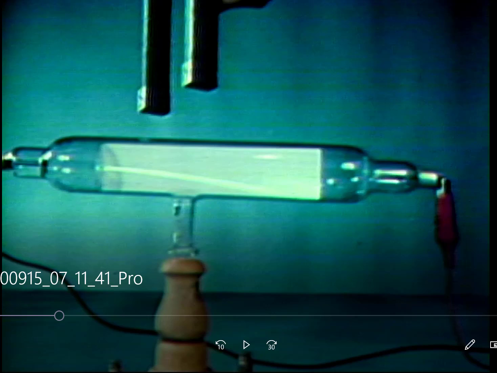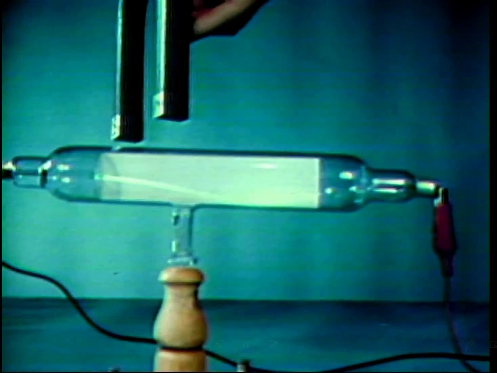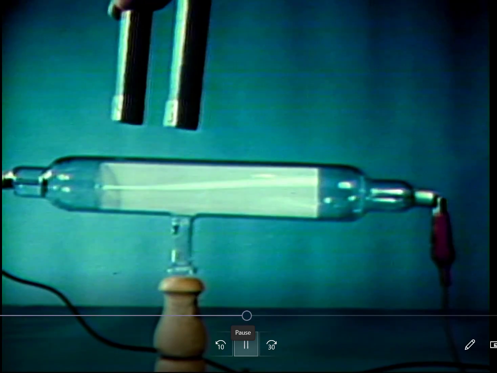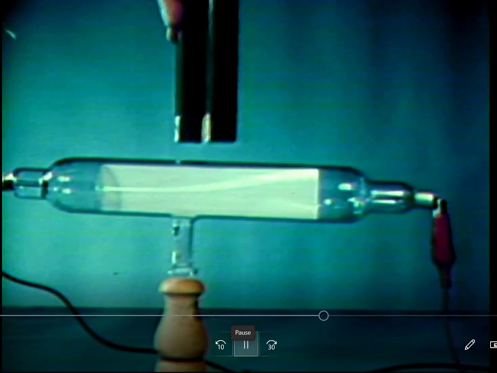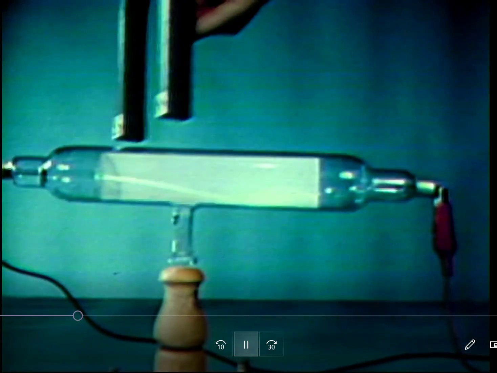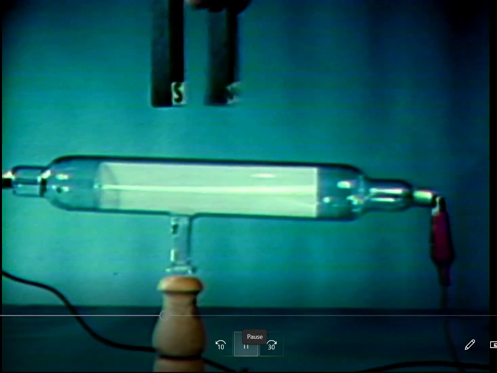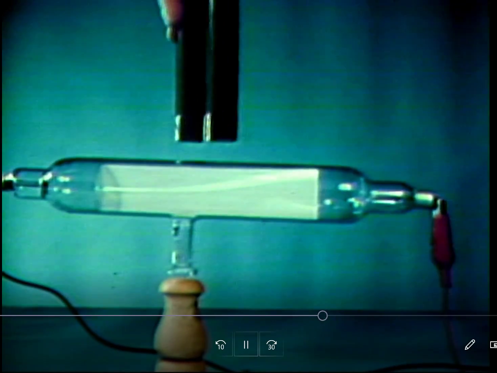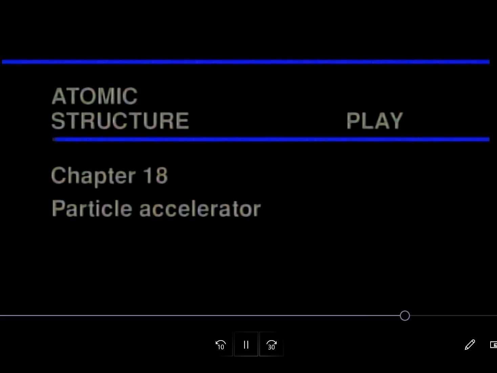So this is how it behaves. You can tell that the ray is coming off here because this doesn't move, and as that magnet moves around, you'll watch the beam bend. The magnet bends the beam. So this is what he's trying to explain. He's trying to explain why this is happening. What could make that happen? That's the device he's trying to explain.